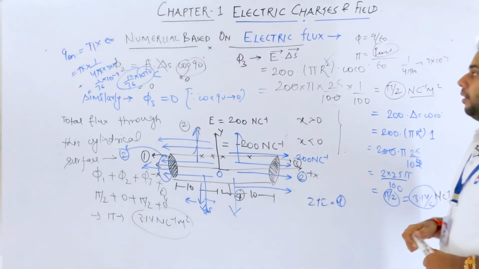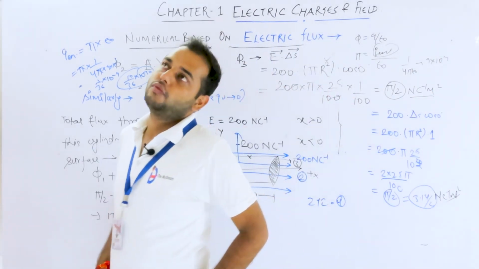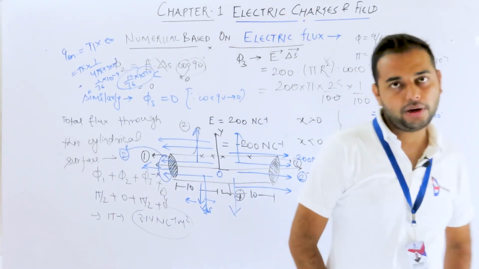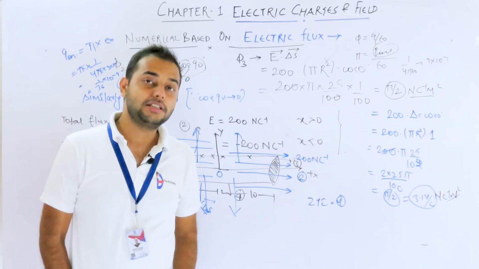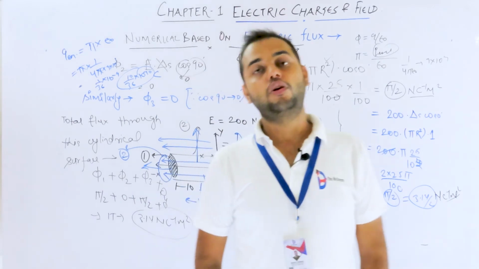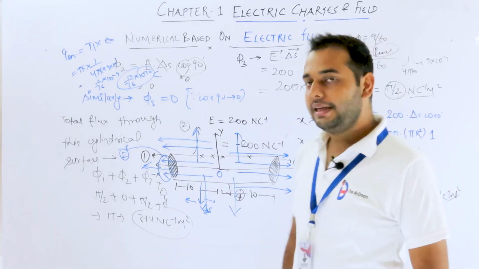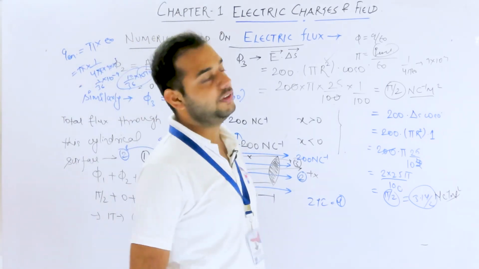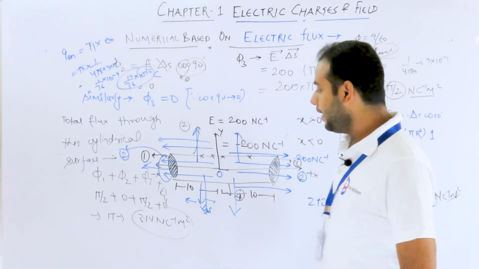Okay guys, so this is it. These are the calculations of electric flux, how to calculate electric flux numerically. And while doing the numericals, I am 100% sure you guys now know what electric flux is and how to calculate it. You now have a much better idea of the calculation of electric flux and what physically electric flux is. After solving these numericals, you can easily get what electric flux is and how it helps us in calculating the total charge in that surface, because of the famous scientist's Gauss's law. So thanks to Gauss, who makes our life simple.